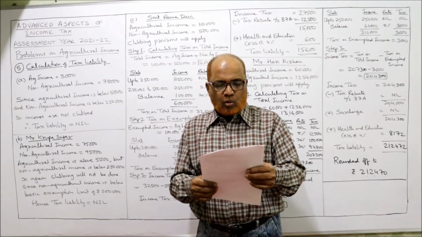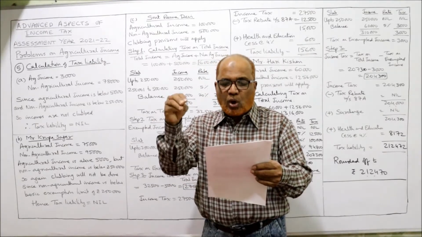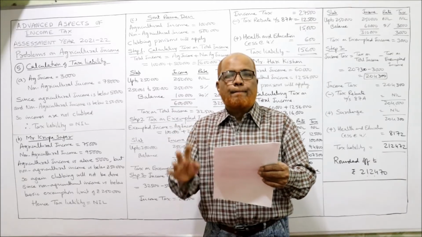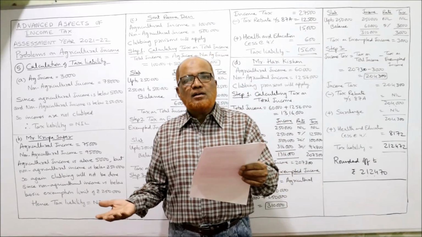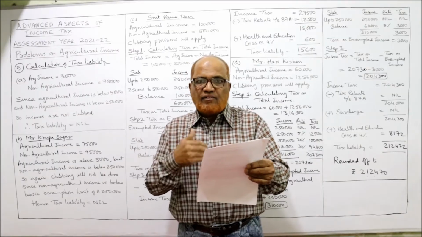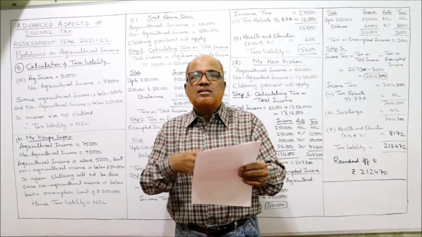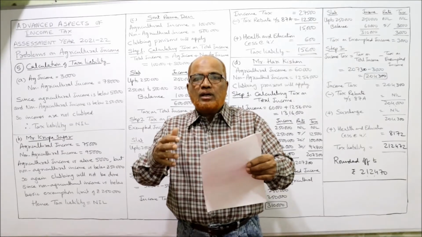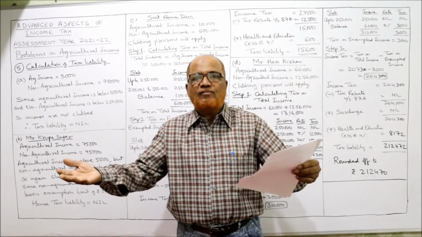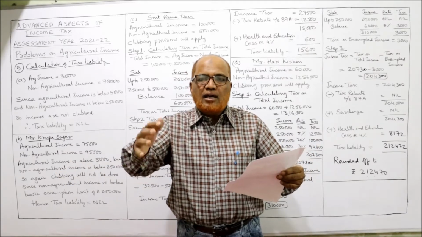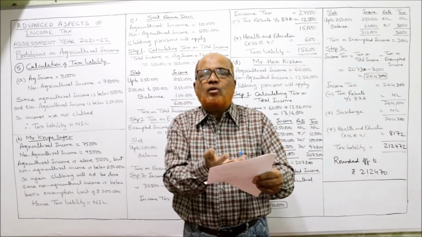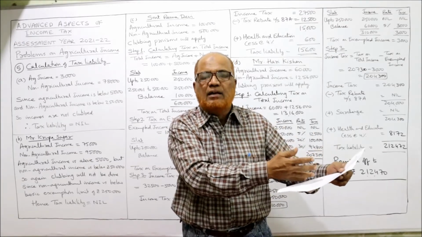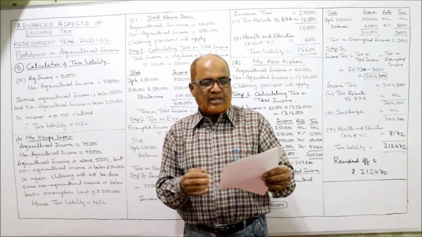Mr. M.S. Rao received 5 lakh rupees crop money from his own agricultural land situated in India. So here it is agricultural income. Mr. M.S. Rao received 5 lakh rupees crop money; this is the revenue he received. M.S. Rao is working on an agricultural field, producing agricultural produce. He sold the produce and got the revenue of 5 lakh rupees. It is revenue derived from agricultural activity. It's an agricultural income. That's it.